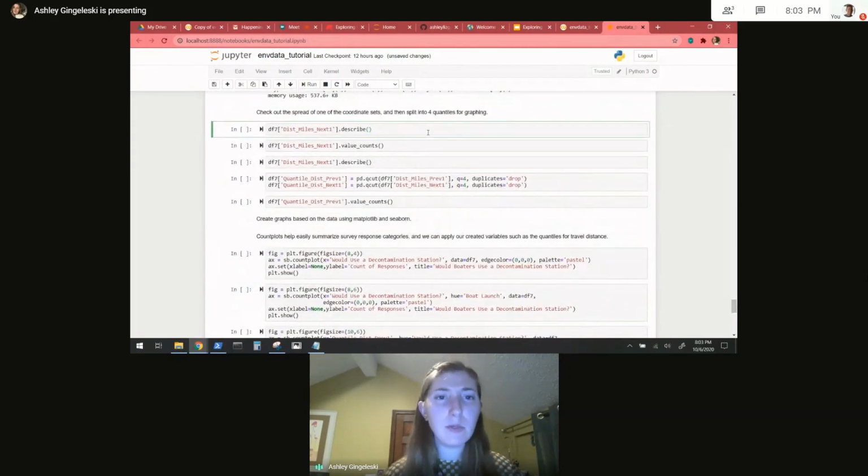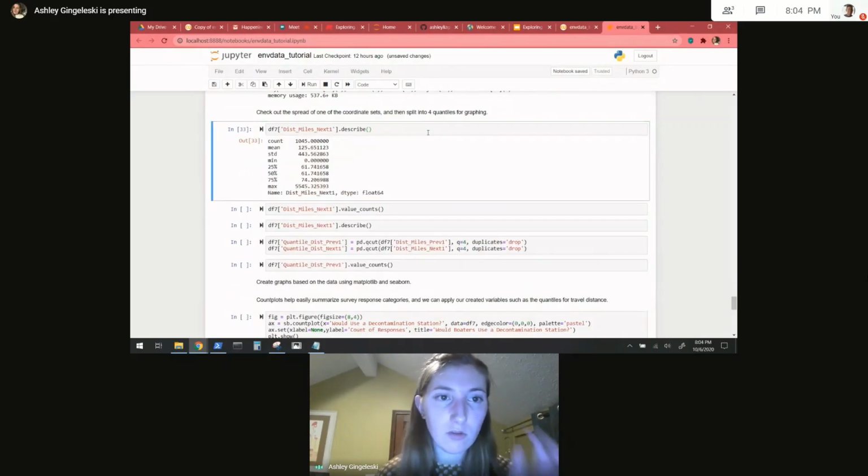From these distances that we just created, another variable that we're going to create and add into our data frame is quantiles for each. So for example, for the distance miles next, we'll look at the describe function from pandas and look at the different summary statistics for it. So we can see we have all these different counts of variables that were there, and then the mean distance in miles is about 125 miles, pretty large standard deviation for that as well. And then we have these min and max values too. So obviously over like 5,000 miles is gigantic,